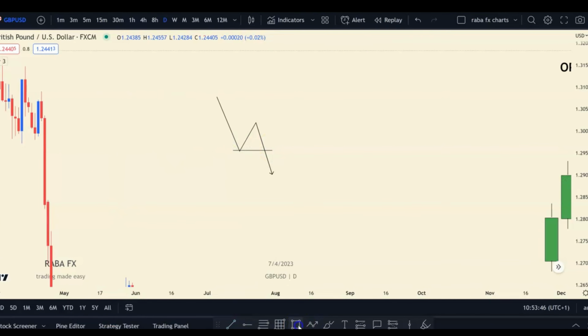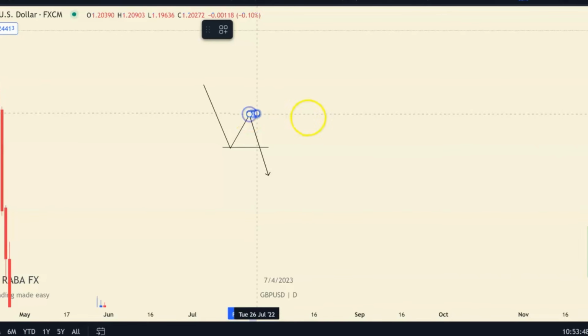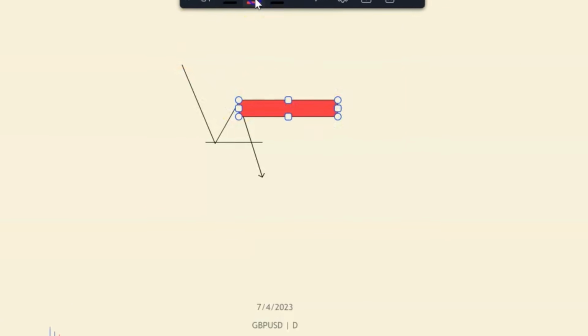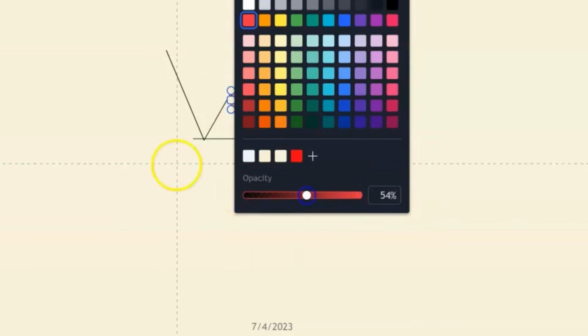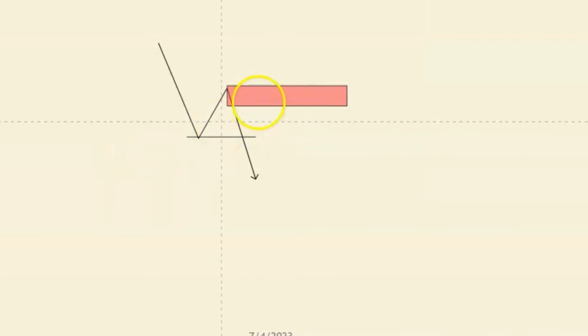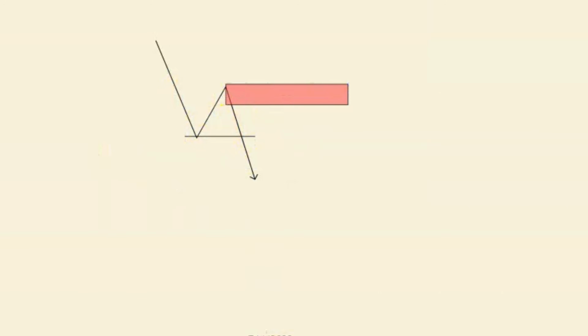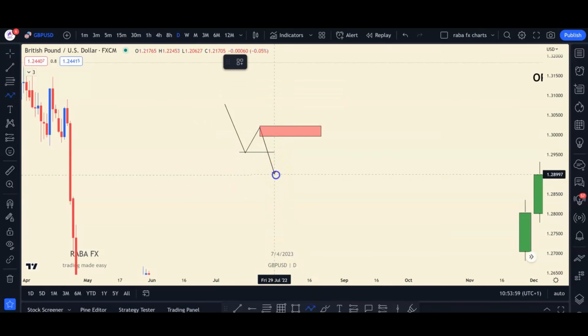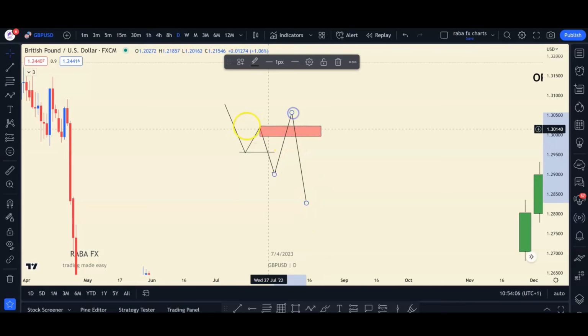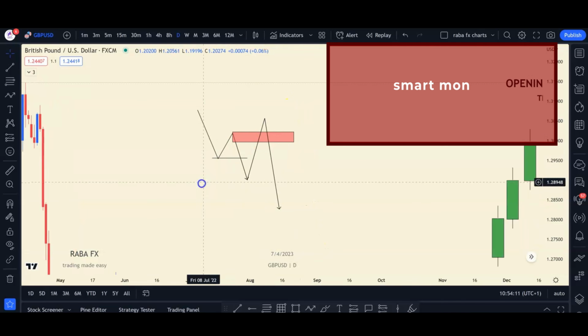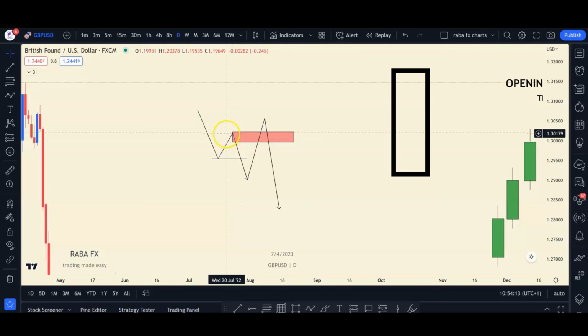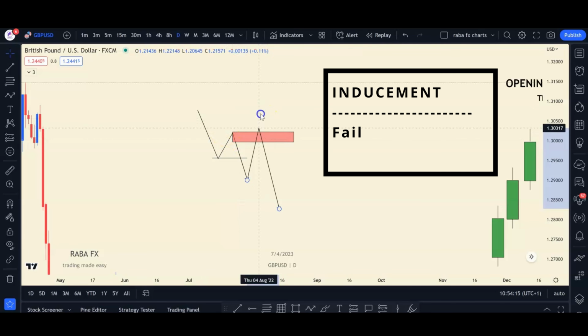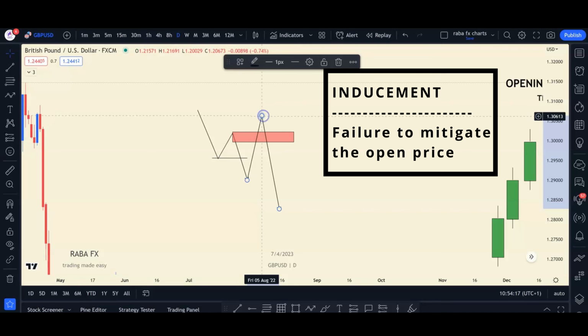and they will simply look for a point of interest in here, especially the order block. They look for an order block in here, supply and demand, or whatever it is. So when price comes back in, they want to take the sell position. But what eventually happens is that the market takes their stop here and then trades to the downside. The reason for this is because this is an inducement and the market will need to mitigate in order to continue